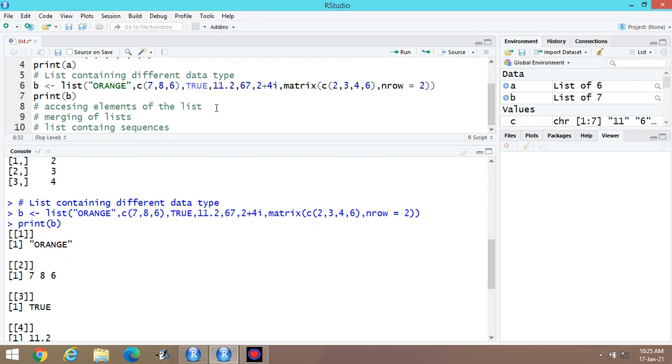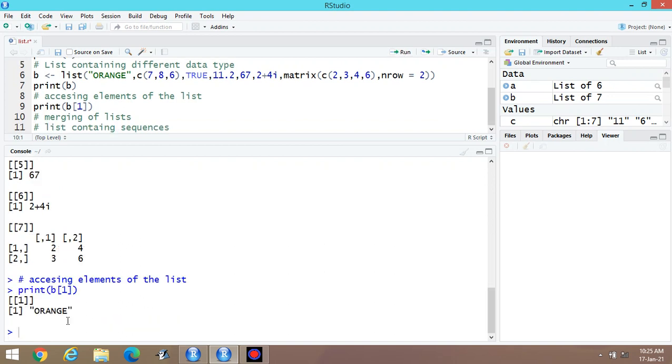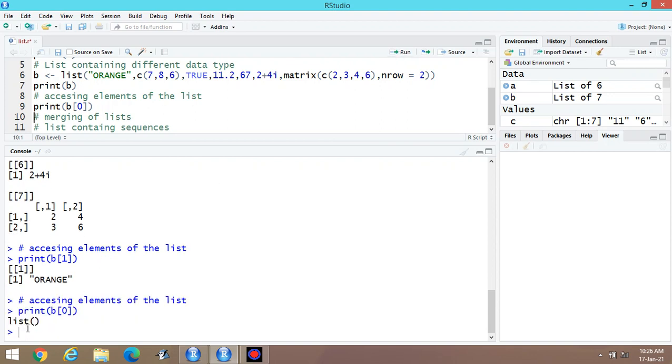Now, what about assessing elements of the list? How to assess the elements of the list? Suppose I am printing B in square bracket 1. You can display only orange, means the first content. If I am writing 0 here and execute, empty list is there, no element is there.